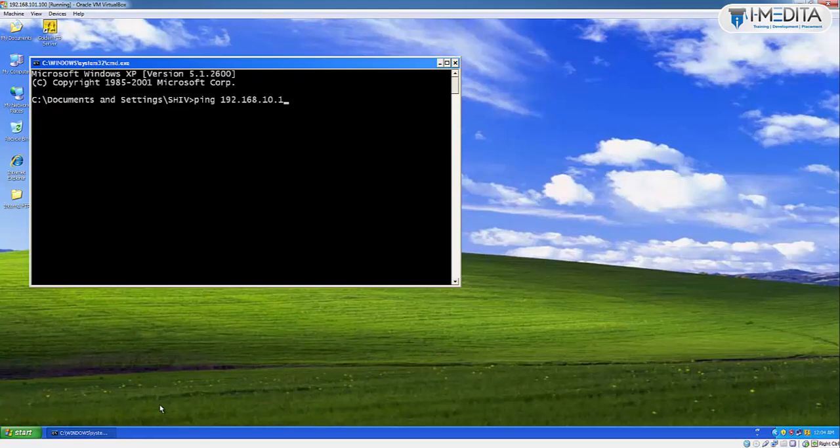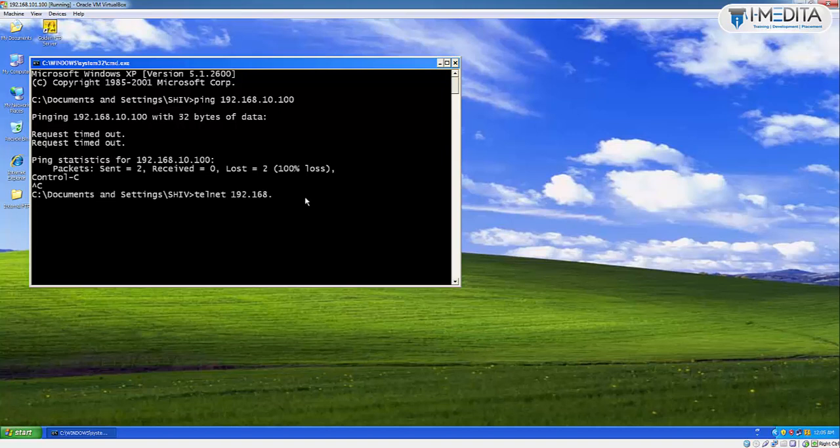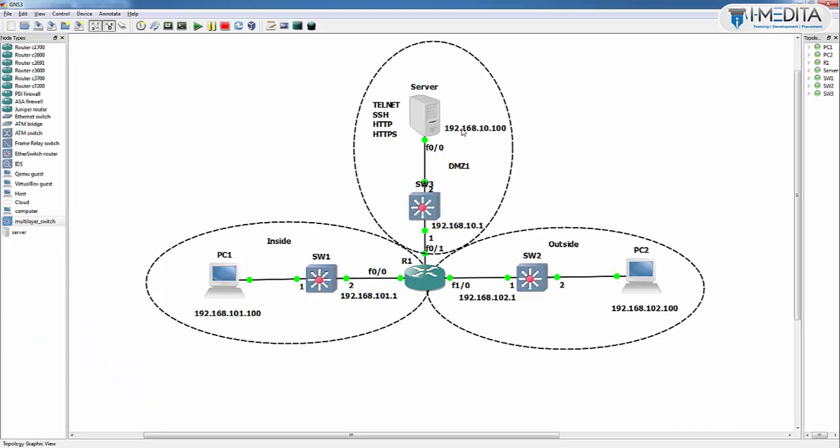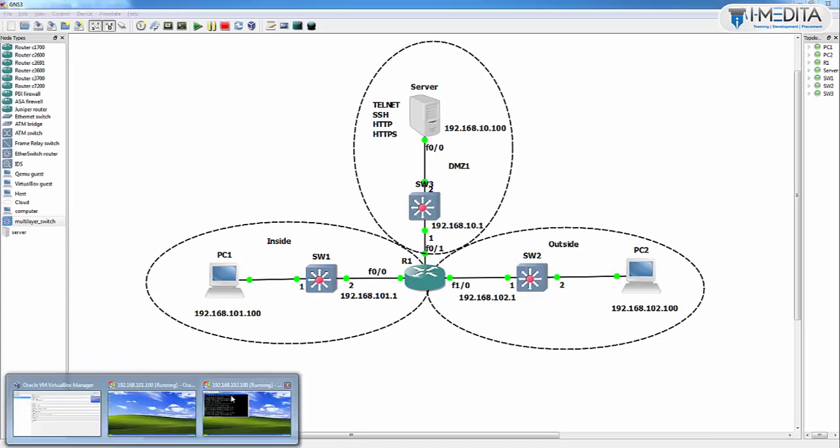ping to 10.100, not working, telnet, not working, okay. Now what we have to do, go to from inside, no communication,